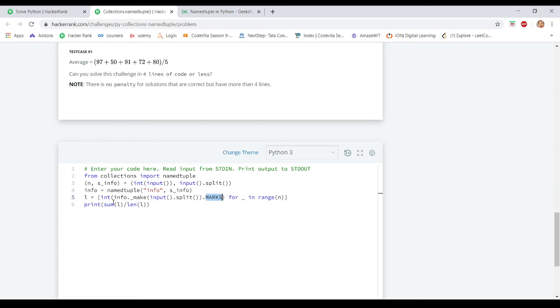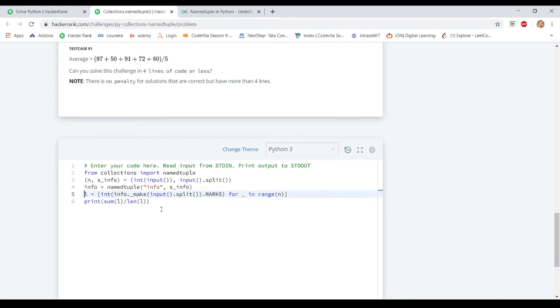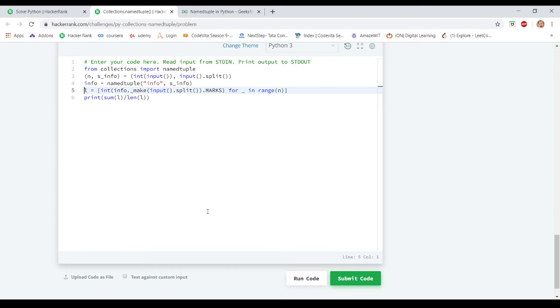Python takes input in the form of a string, so we need to convert it into an integer. Marks are converted into integers, and we get a list of all the marks of the students. That's all. We need to find the sum of this list and the length of this list. We will get the average marks of the students.